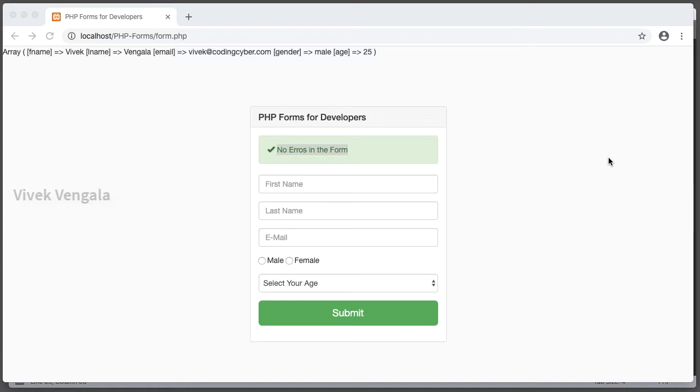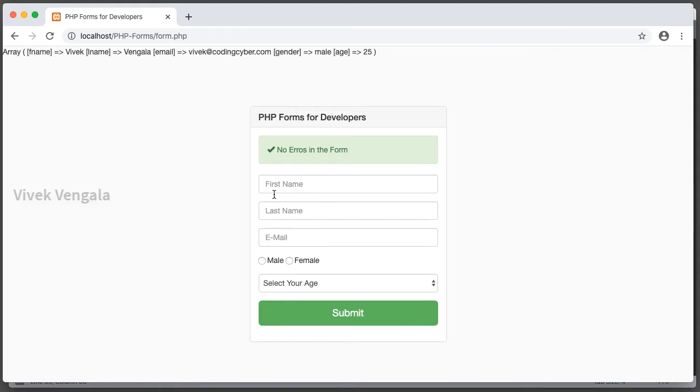In this video, I am going to work on displaying this form's values in case of errors. For first name, last name and email, it will be similar, and for the radio buttons and select drop down list, it will be different. I am going to work on these three first of all. After that, I'll work on the radio buttons and the select drop down list.